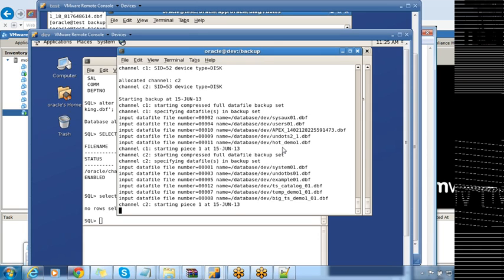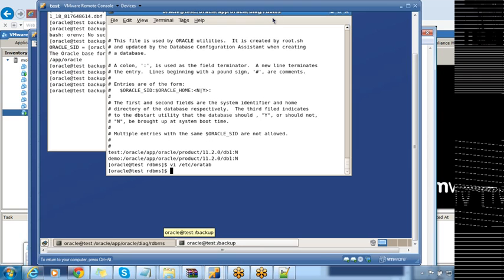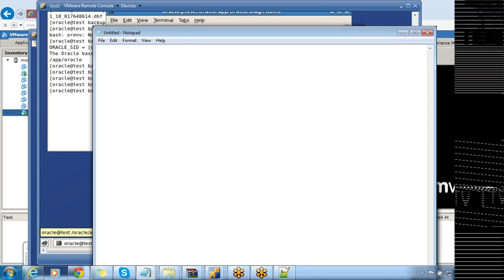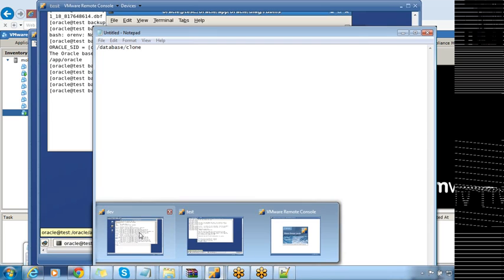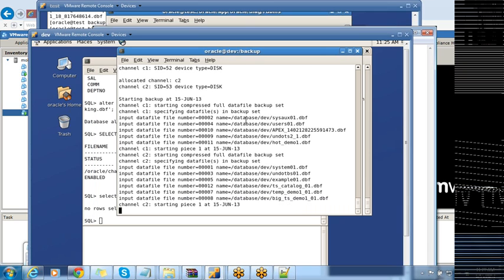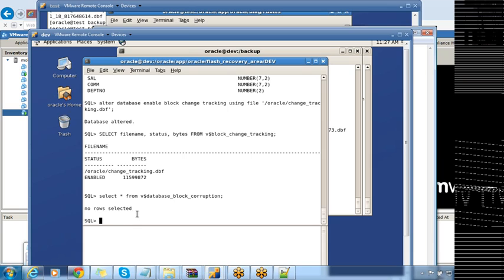On the target side, which is the test server, we need to make sure we have the directories created. That means I want to store the data files under /database/clone. My database name is clone, so I want to store it under clone. And here, if you look at the data file location, it is under dev. I want to clone it under the clone folder. So I need to make sure under /database I have the folder called clone, and also